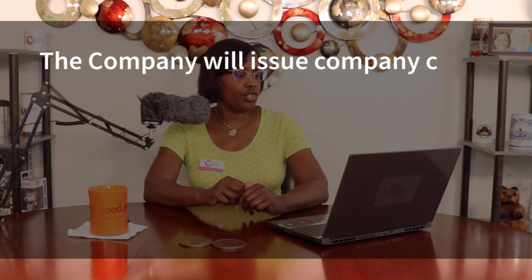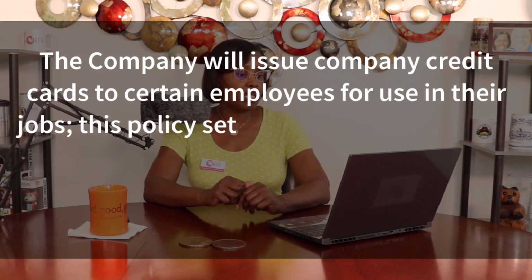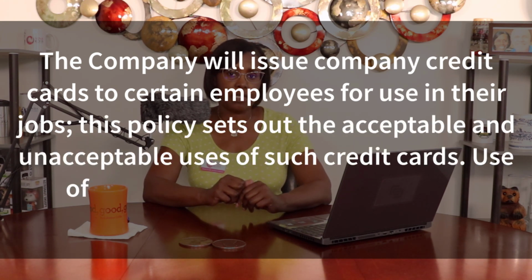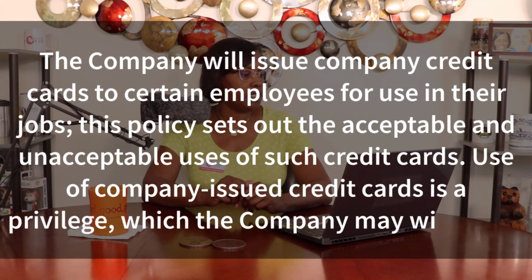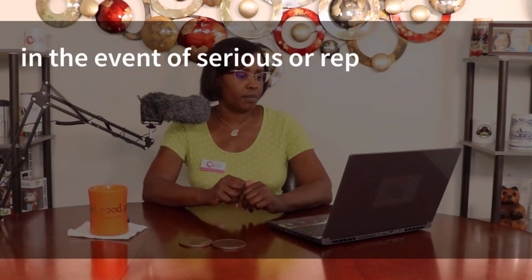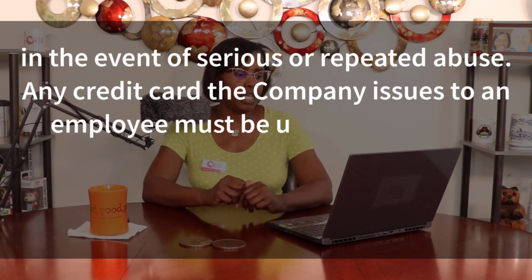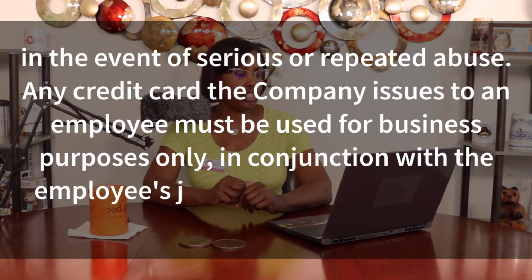The company will issue company credit cards to certain employees for use in their jobs. This policy sets out the acceptable and unacceptable uses of such credit cards. Use of company-issued credit cards is a privilege which the company may withdraw in the event of serious or repeated abuse. Any credit card the company issues to an employee must be used for business purposes only in conjunction with